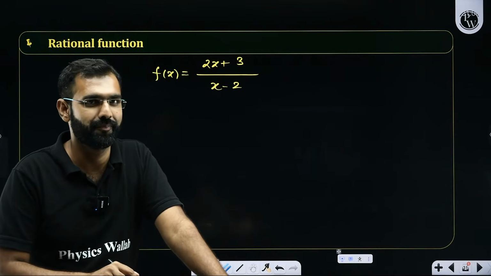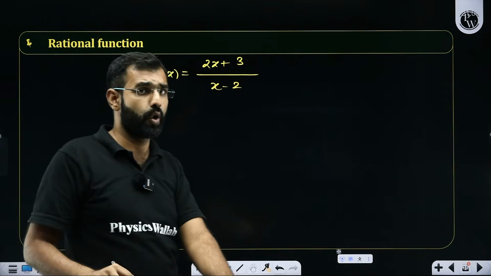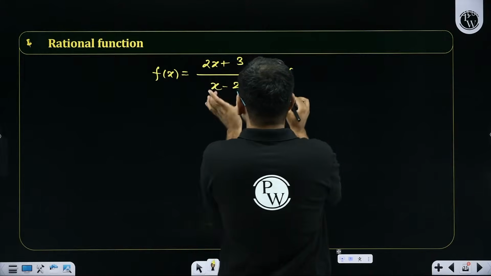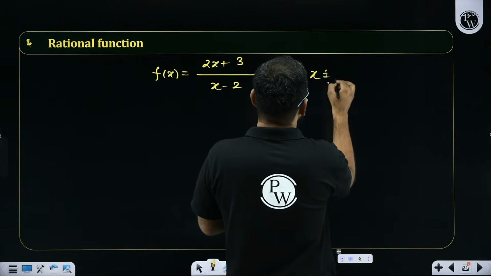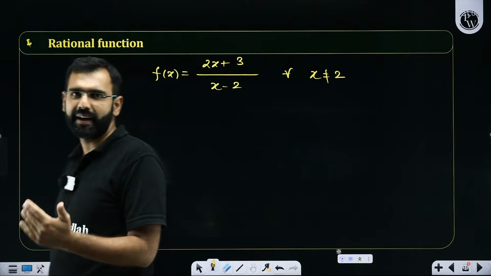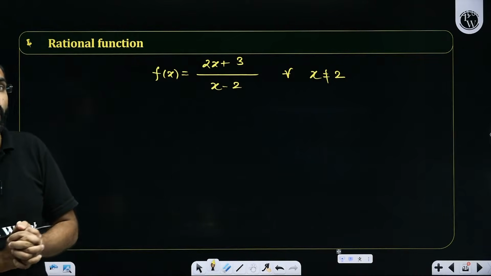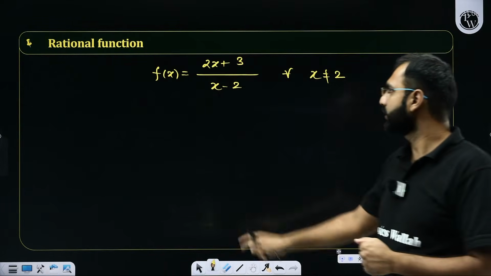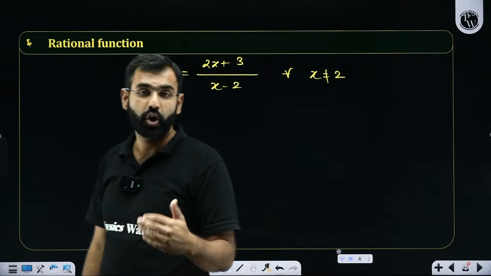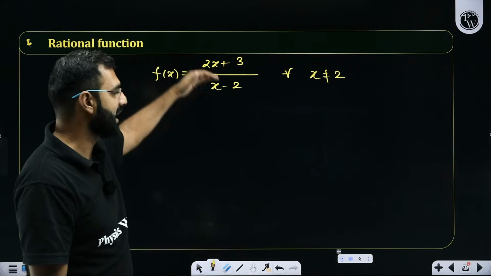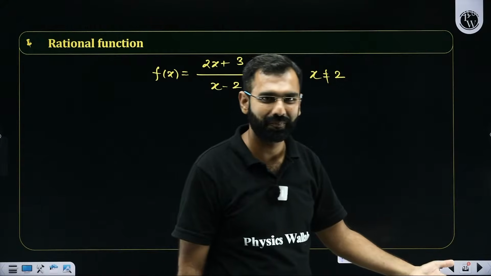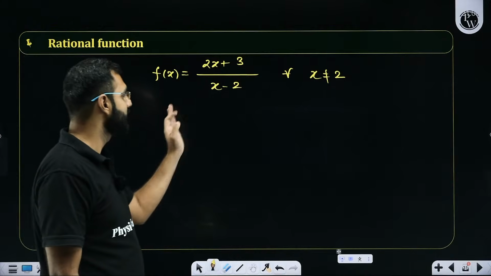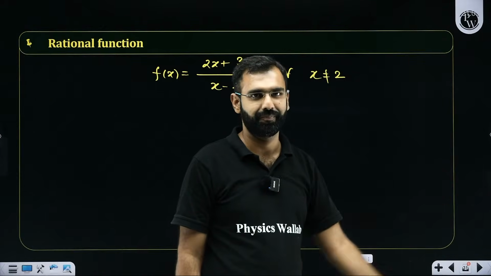That's a rational function. And for a rational function, what you all need to understand is that the denominator can never be 0. So here I'll say x minus 2 cannot be 0, which means x cannot be 2. Can I really keep x as 2? You tell me. If I keep x as 2, I'll get 2 minus 2 in the denominator, and if the denominator approaches 0, the whole fraction will approach infinity. Getting it, everyone? So I hope you realize that x equal to 2 cannot be tried over here.